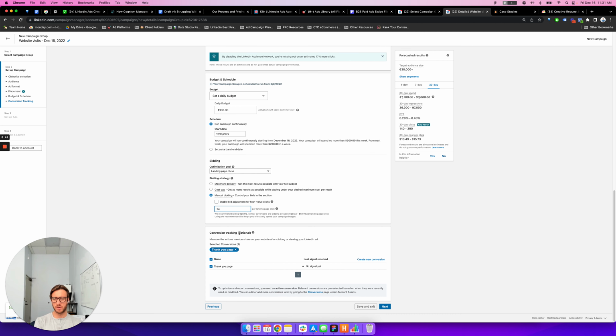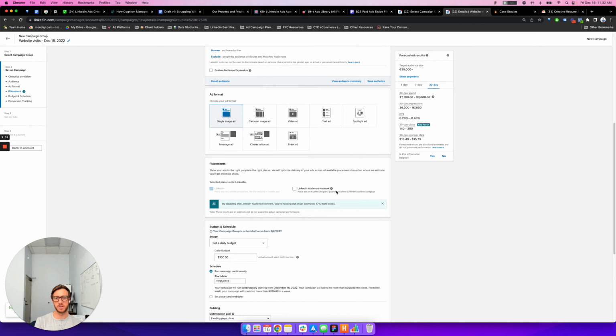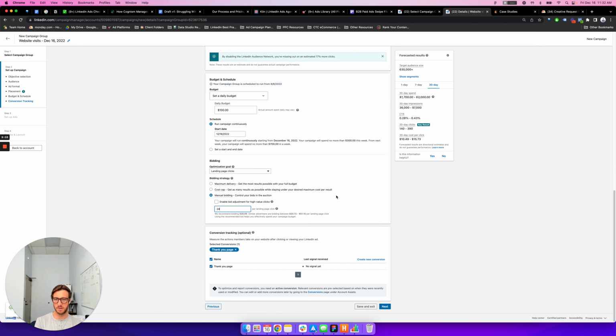Next, we have conversion tracking. This is, as it says, optional because, again, we're not going for conversions, we're going for website clicks, but adding this here, as it says, will basically have an active conversion being tracked and reported in our reports. So from here, we've actually set up the bulk of the targeting, the budgeting, the placements, the optimizations, and then when you hit next,